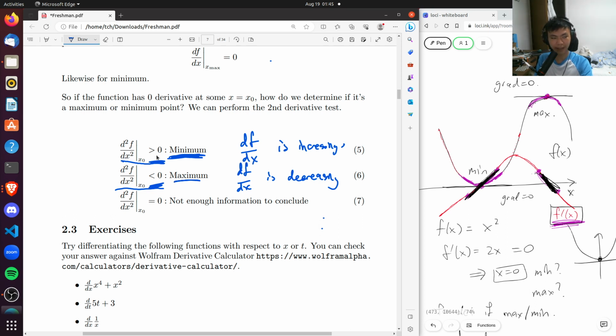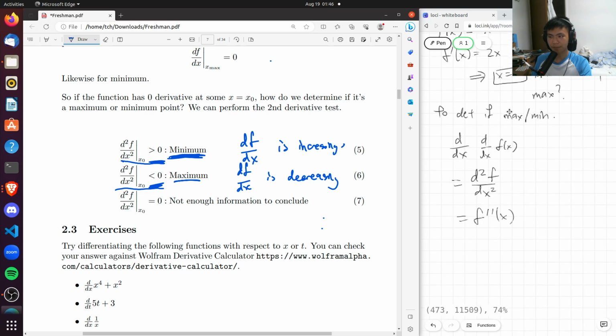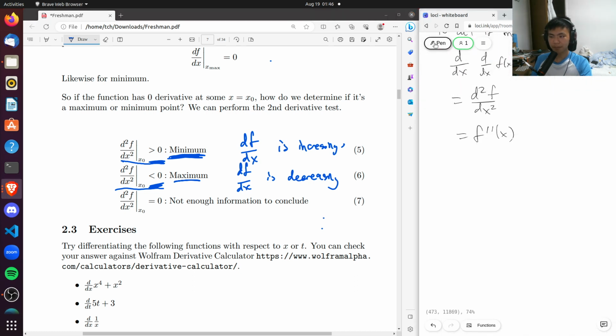What if it's precisely 0? It turns out we actually do not have enough information to conclude whether it's a maximum or minimum. An example of a function that has a second derivative equal to 0 would be x to the 4. If we plot x to the 4, it looks something like that. So x equals 0 is a minimum point, but we take the second derivative,